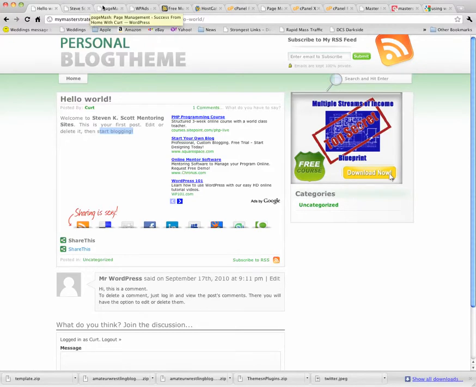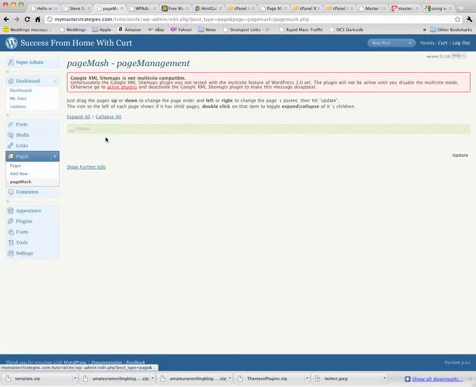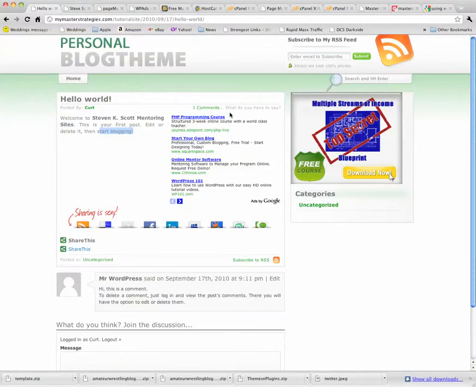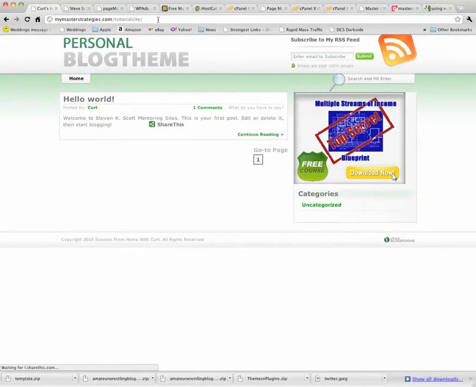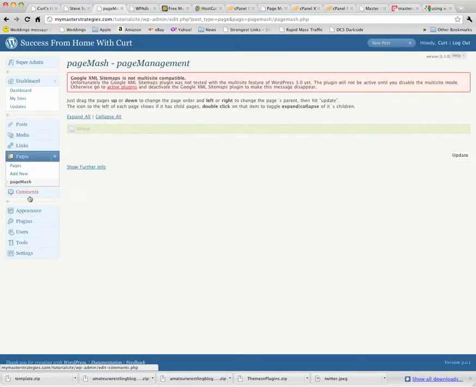So what I recommend you do, if you're going to use this feature, is you create the pages and let them show. Let them be ugly for a minute, even if you have 50. And then you click on those pages so you can get that URL. You copy and paste that URL. And then wherever it is, whether it's in a banner ad, or I'll show you another little trick you can do with widgets. We could